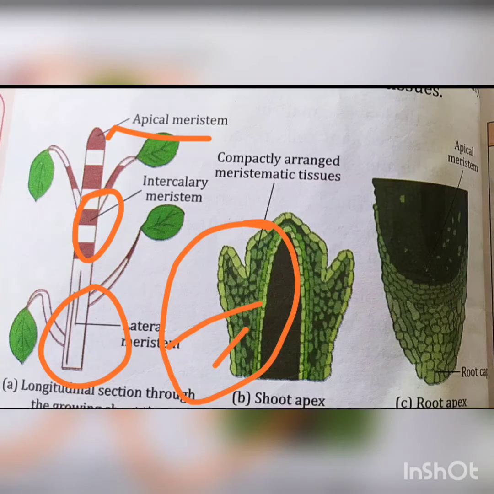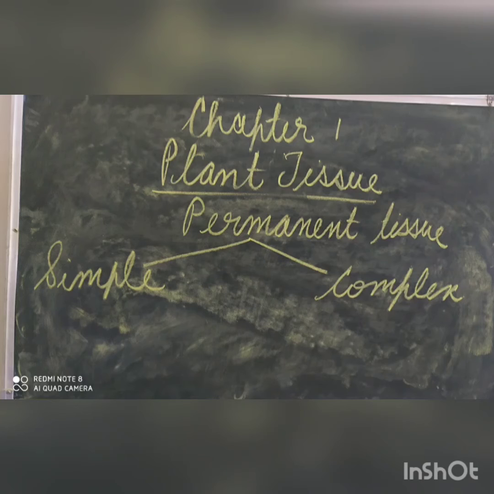The cells of meristematic tissue divide continuously and help in increasing the length and girth of the plant. The meristematic tissue continuously forms a number of new cells. The permanent tissues develop from the new cells formed from the division of the meristematic tissues. The cells of permanent tissues are much larger and they do not divide further. Hence, they are called permanent tissue. They have a definite form and size.